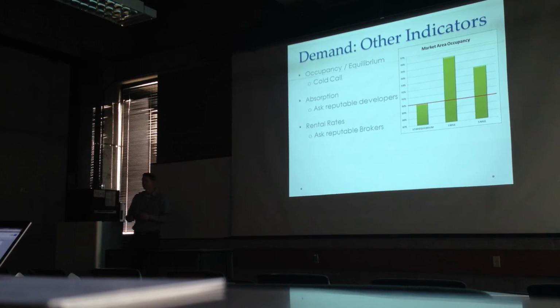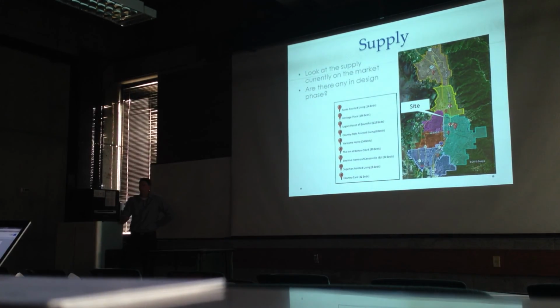Other indicators, occupancy. This is important. We already talked a little bit about occupancy. I would recommend, at the very least, that you cold call your competitors. That's how we did it with the real estate challenge. We just cold called everyone and found out how many beds they had available. Absorption is important. Developers can tell you how quickly their products are absorbing, and rental rates can be found from brokers. Then, after you've figured out your demand and got a good feel for whether or not your product